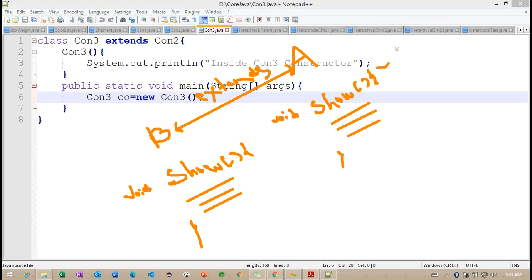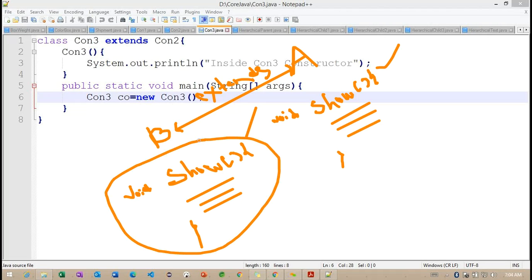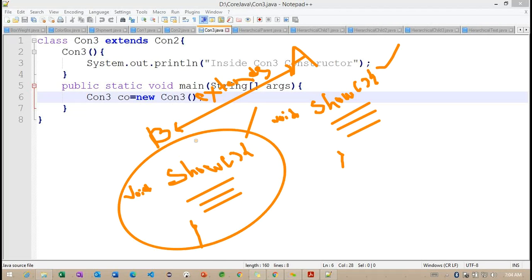Now if you observe, this show method is defined in our A class, and the same method we define in our B class. This B class method we call an overriding method. So what is the definition of method overriding?